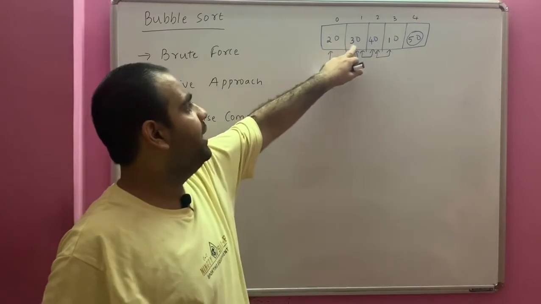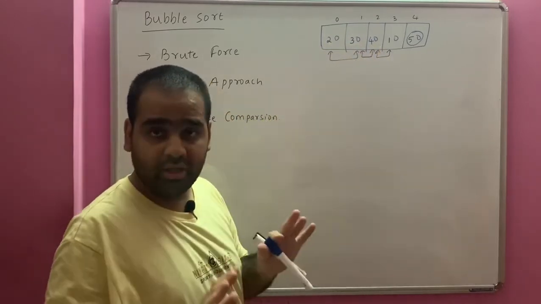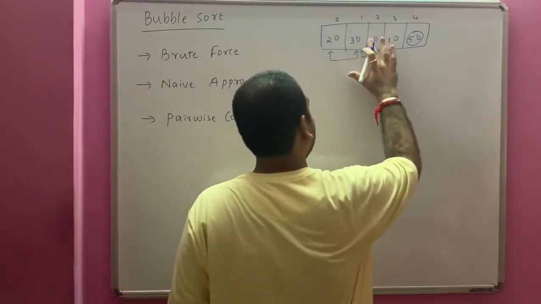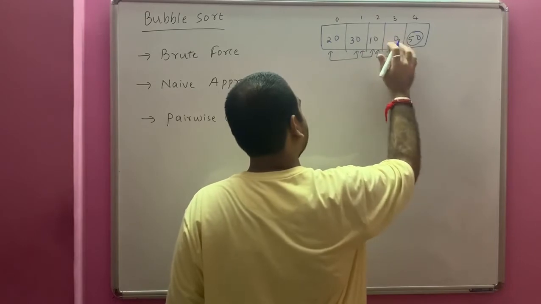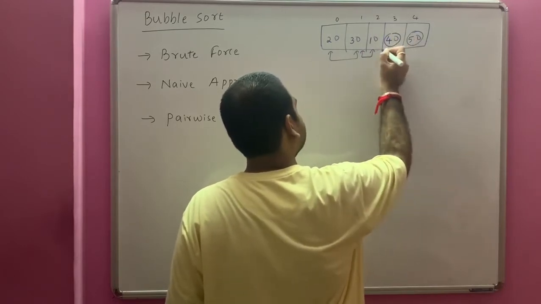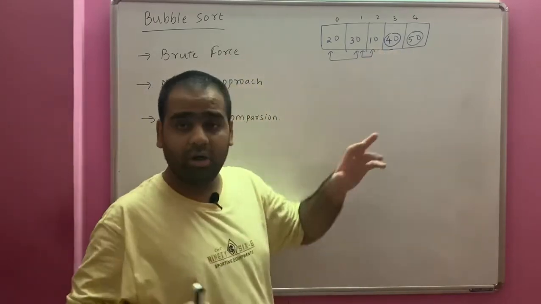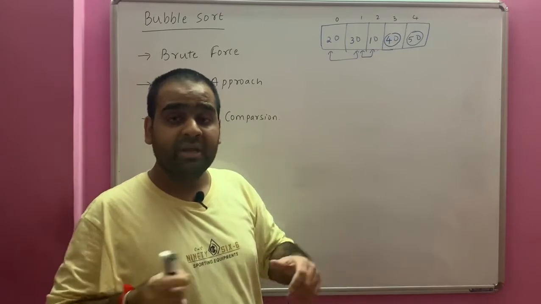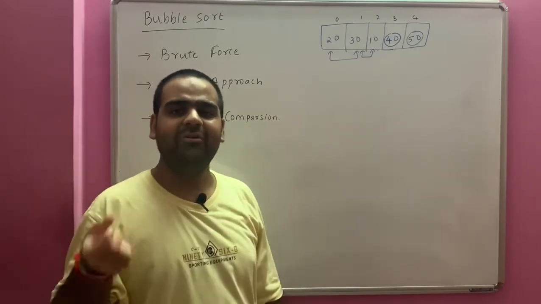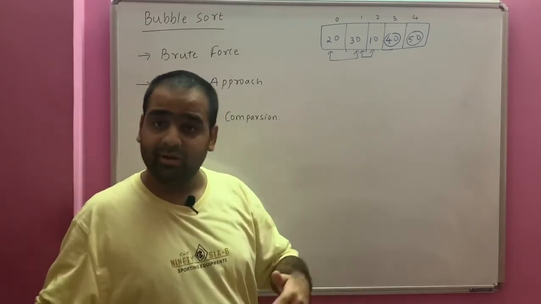Now again you compare, is 20 greater than 30? No. Is 30 greater than 40? No. Is 40 greater than 10? Yes. Therefore what will happen, you have to swap these two. This comes 10 and this becomes 40, and you see that the second largest element is bubbled up. Now I remove this pair because there is no point in comparing it. It means at each iteration when element is sorted and one pair is reduced. Are you getting it? One element is sorted, one pair is reduced.